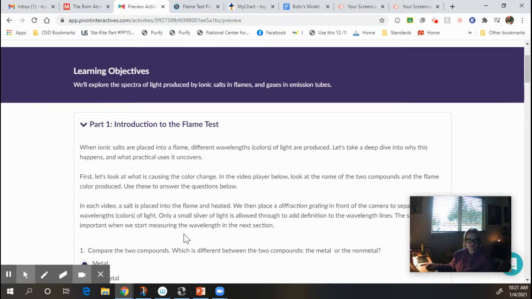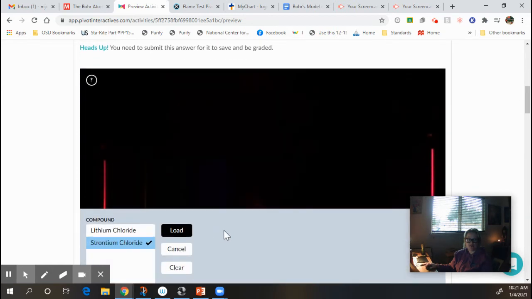You will see here that there is a video attached, and this video is to teach you how to use the simulation. You can choose between 2 different compounds. The one that I have loaded is strontium chloride. You'll notice that the word out in front is the one thing that changes, and you can take a look at your periodic table to identify if these are metals or nonmetals. When I load this up,